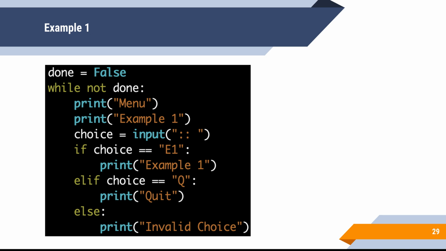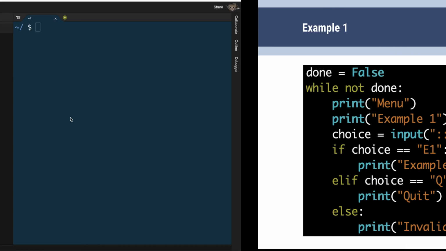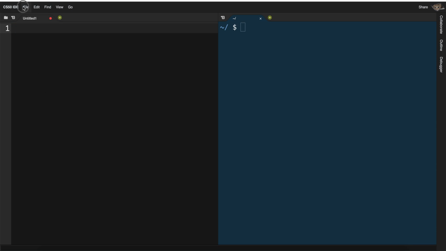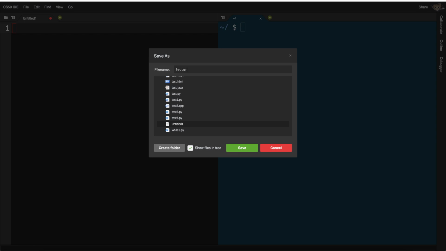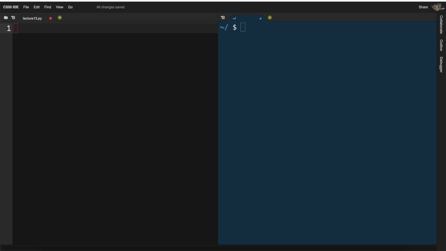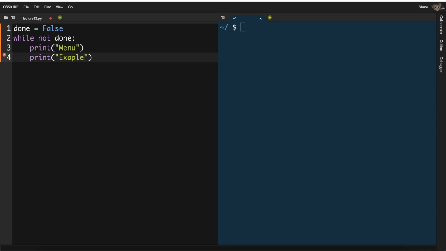First, let's create our handy dandy menu code. Let's create a new file here. Let's call it lecture 13. And we'll come up with our menu code here. We'll say done equals False, while not done. And we'll say print menu. And we'll say print example, E1 for example 1. And then we'll have our choice equal input, and we'll have if choice equals E1,